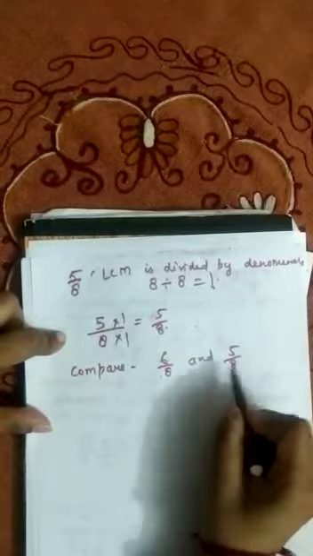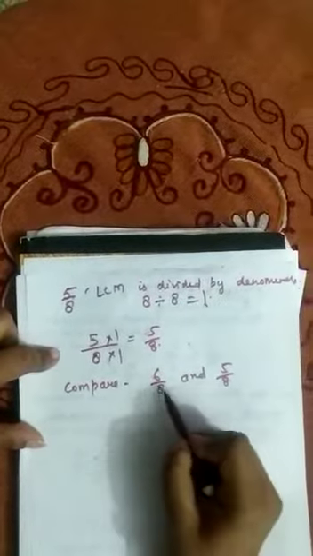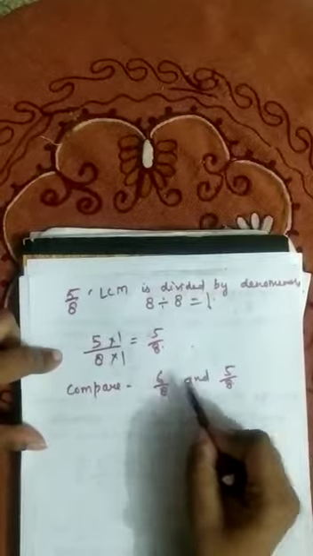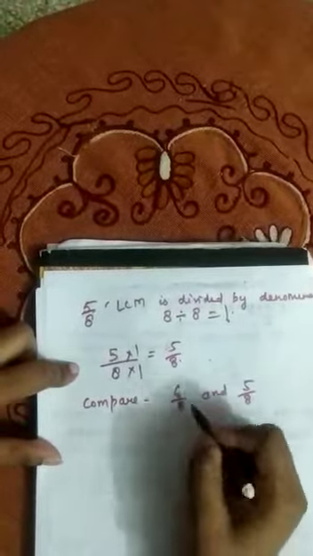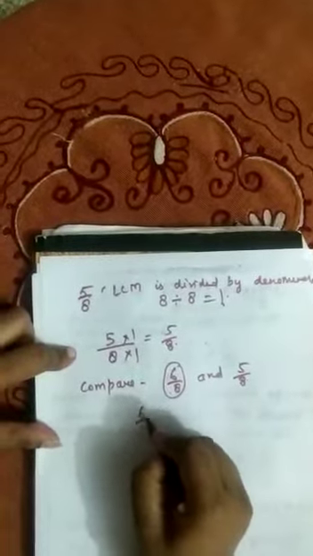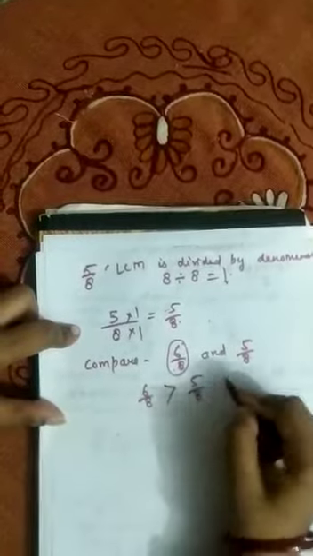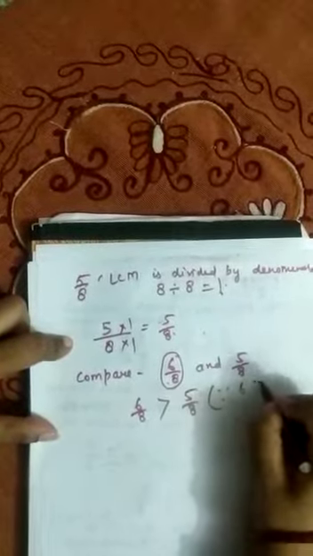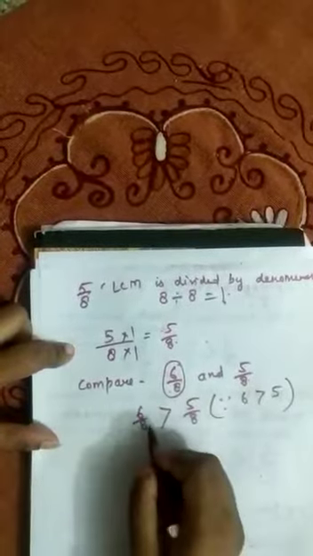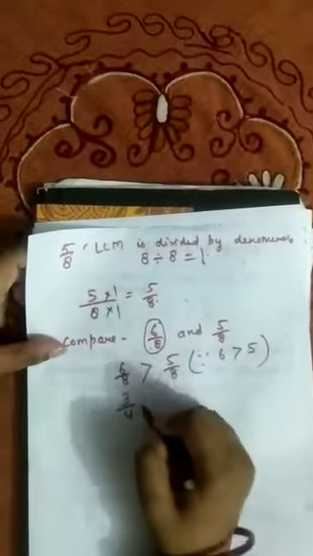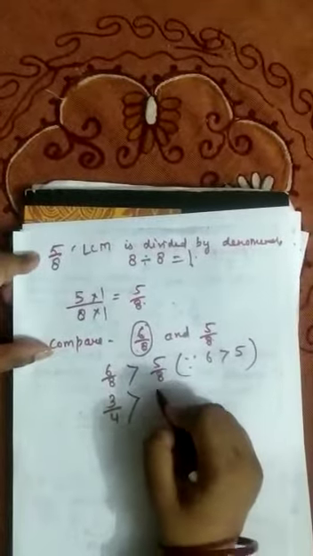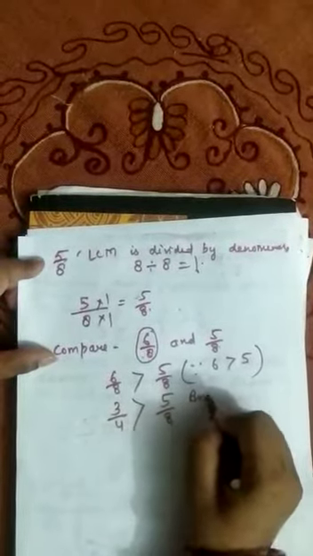Here these two are like fractions. Right? So when the denominators are the same, we have to compare with the numerator. So here we see that 6 is more than 5. It means this whole fraction 6 by 8 is more than 5 by 8. Why? Because 6 is more than 5. Right? Or what was the original form of 6 by 8, children? The original form of 6 by 8 is 3 by 4. So we write the original form of the fraction, the lowest form. 3 by 4 is more than what? 5 by 8. This is the answer.